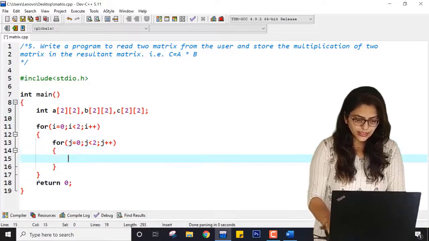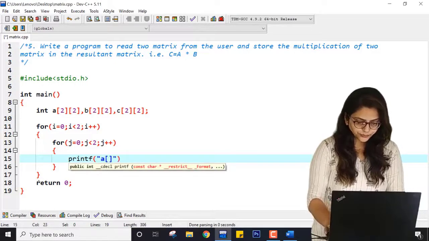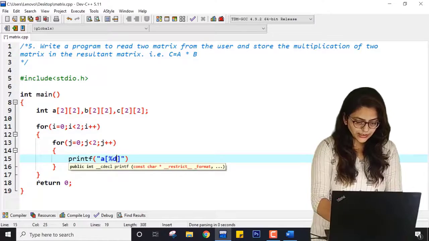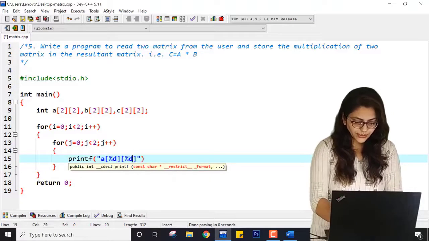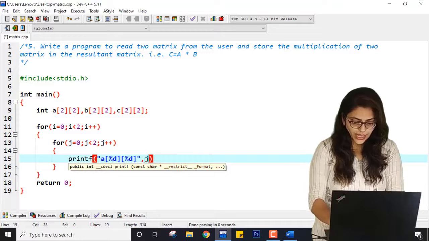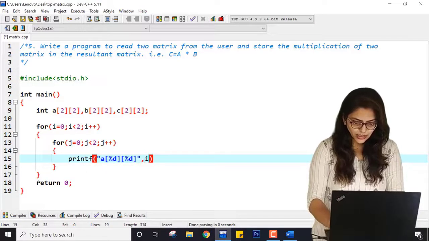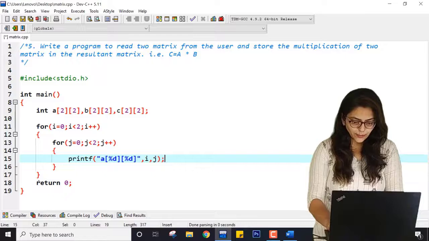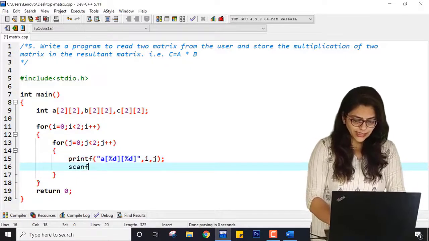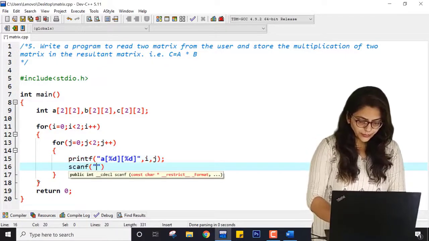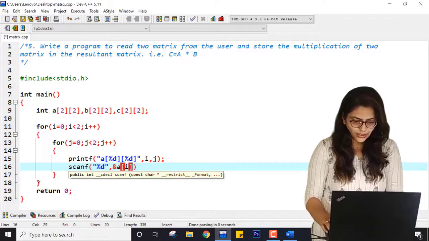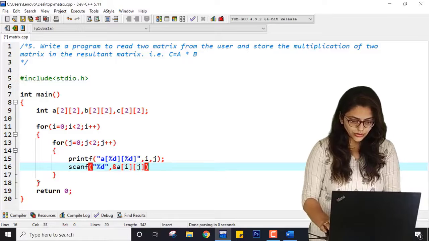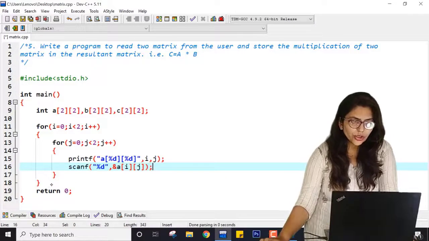Inside this I am writing printf "A of %d %d", here it will be i and j, right? Now after that I am writing scanf "%d", here it will be &A[i][j], right?